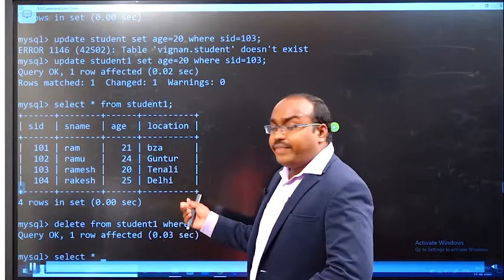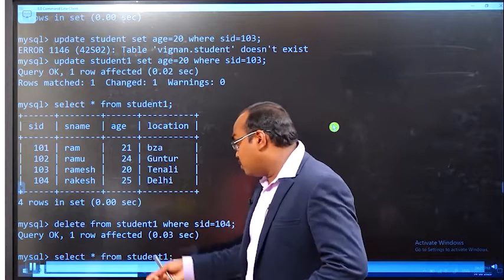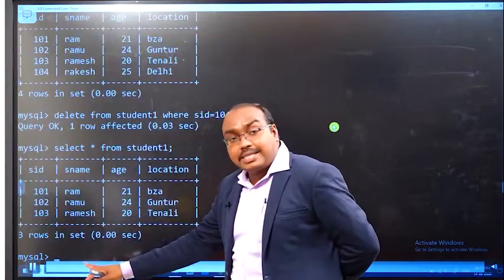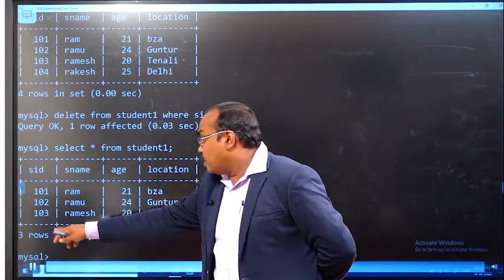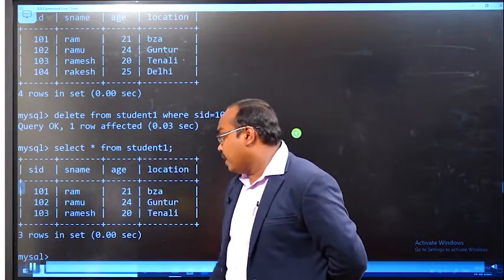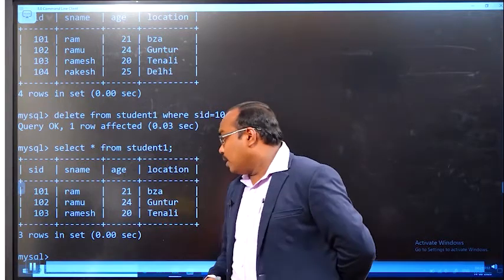Whether it is affected or not, I am checking. For that purpose, I am using select star from student name. So here the updation will be affected in the table. The next one,